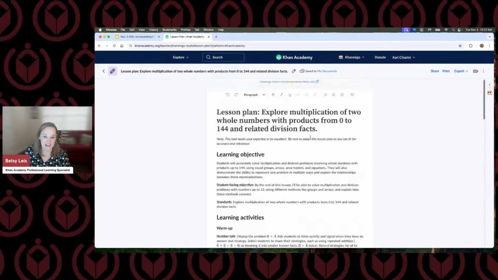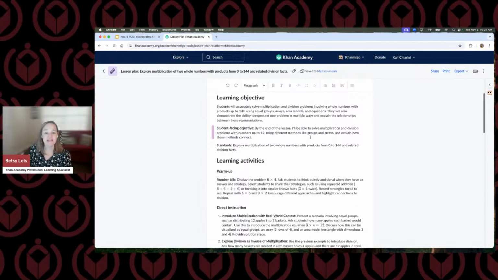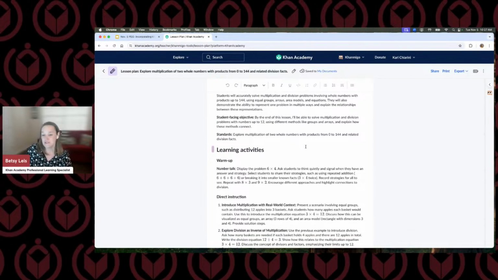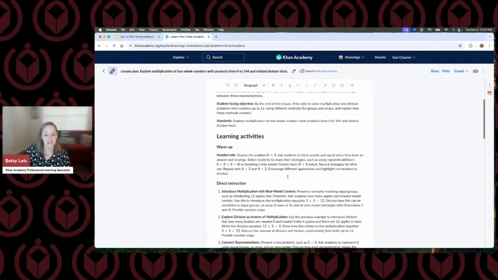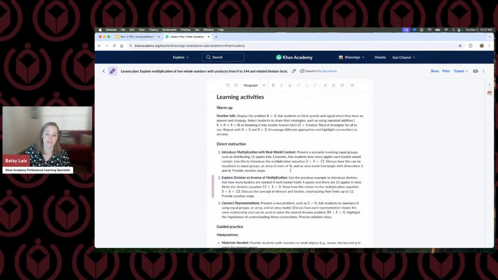When you are in here, one of my colleagues loves to say, treat this like a buffet. You do not have to go start to finish. You absolutely may if you'd like, but pick and choose the things that you think will work best for you and for your students. There's also a really neat feature here where you can work with Khanmigo to make sure